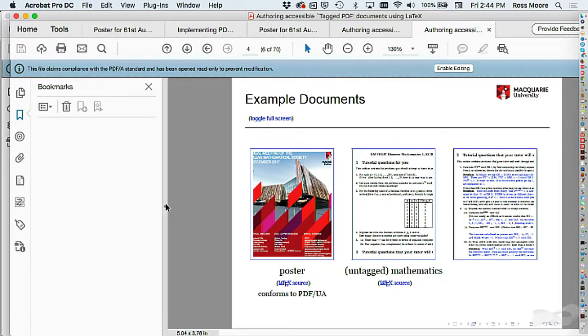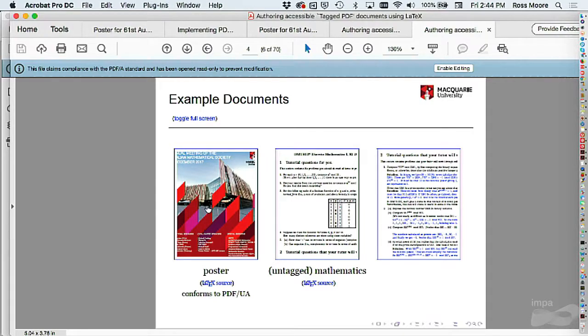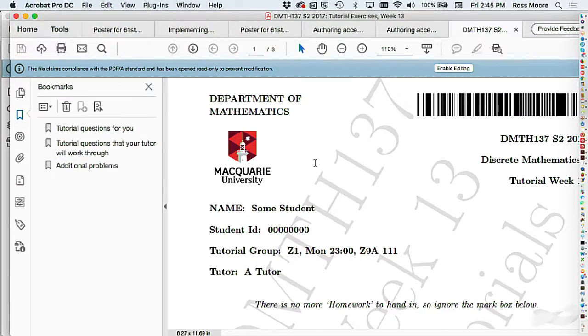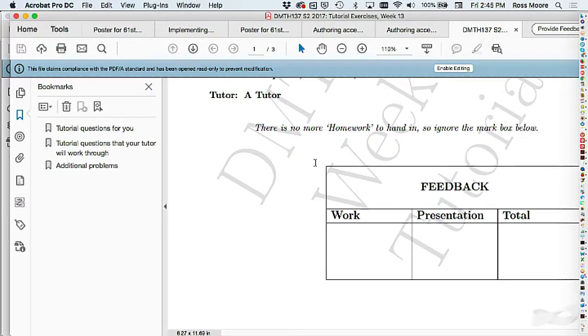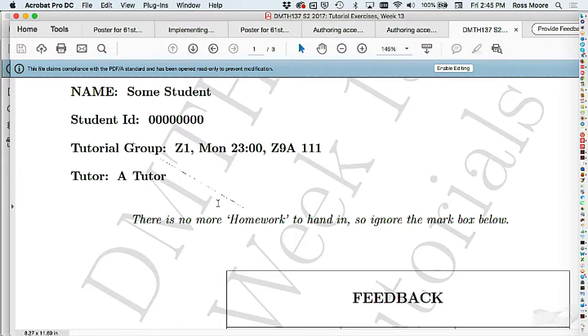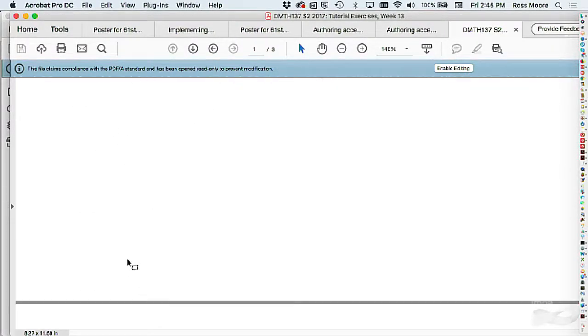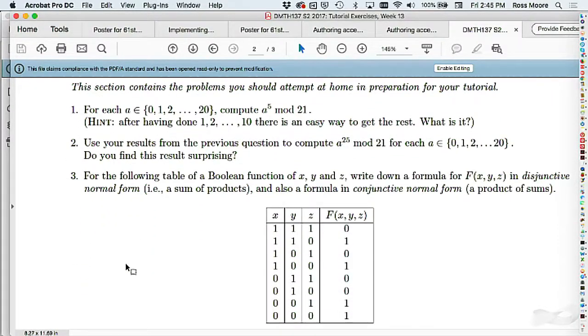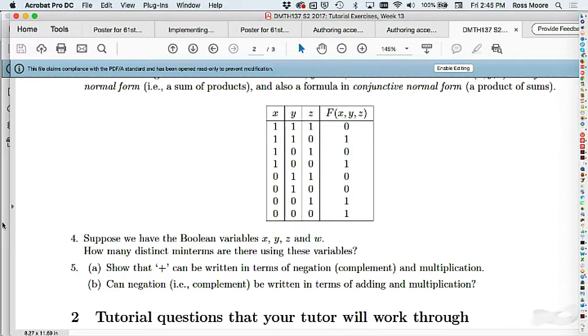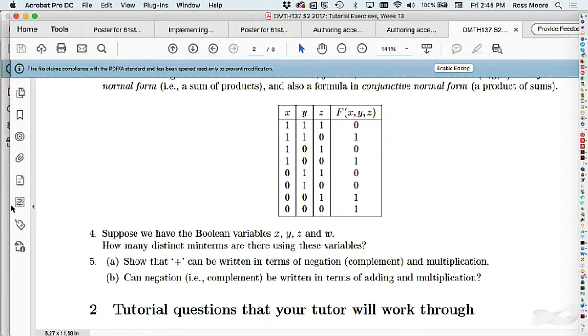So there was no actual mathematics in that one. The next example does have mathematics. Oh, I know what's happened, yeah. So the next one does have some mathematics in it, and this is stuff that corresponded to a course that I was giving last year. It's homework solutions and things. So you can see there's a fair bit of mathematics in there. If we look at the tagging for this one,